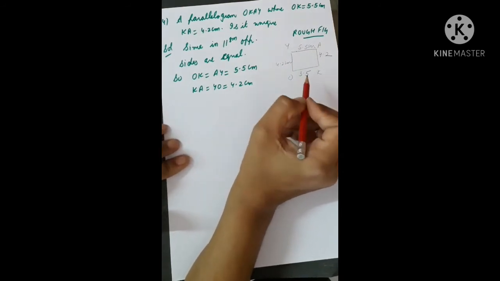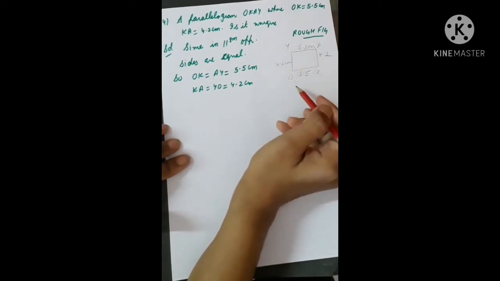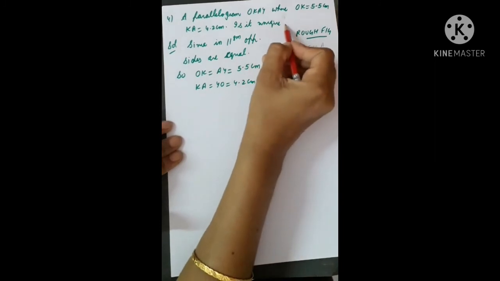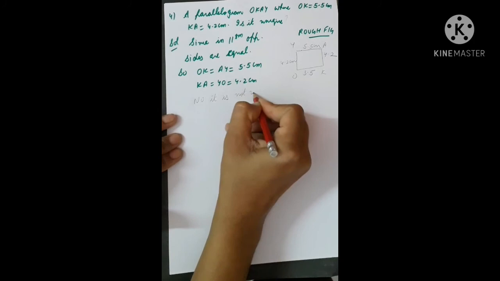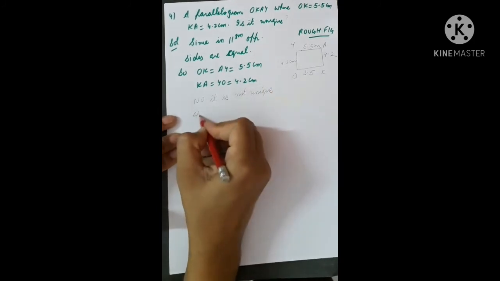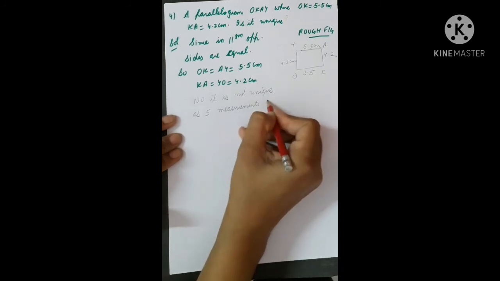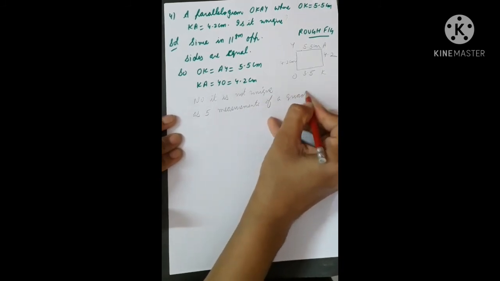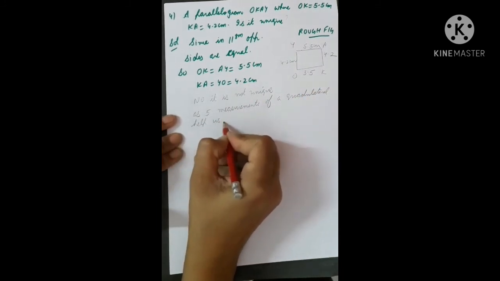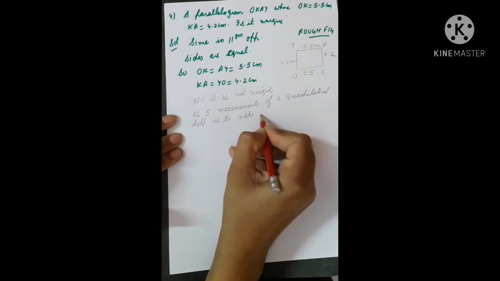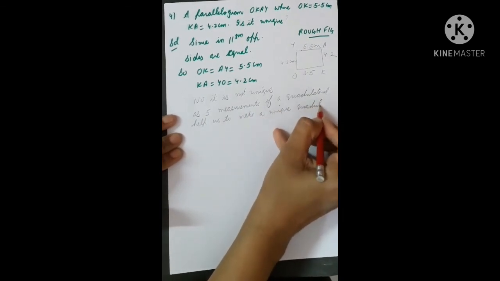Now in this question only 4 sides are given, nothing else is given, and we have learned that to construct a unique quadrilateral we need at least 5 measurements. Here only 4 measurements are given. So they are asking, is it unique? So you will say, no, it is not unique, as 5 measurements of a quadrilateral help us to make a unique quadrilateral.